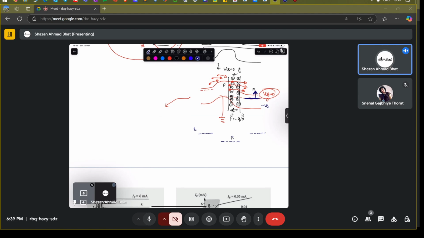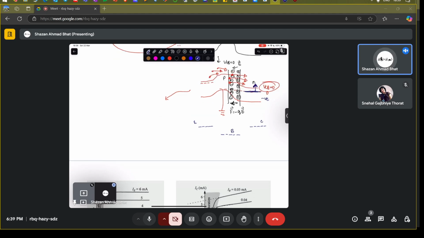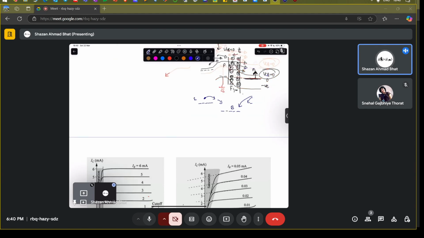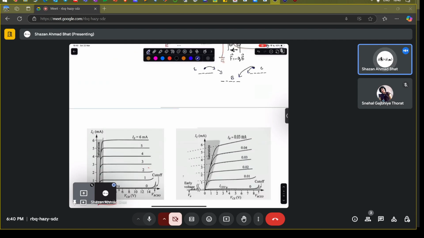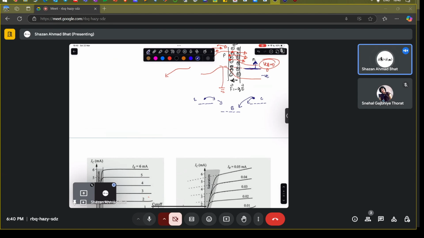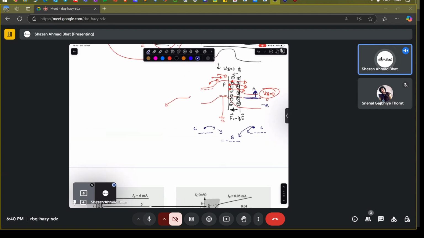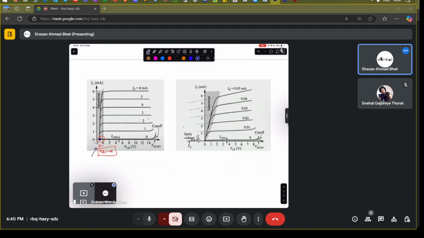Emitter, base, collector. So as a result, what is going to happen? If some electrons come here, they will dip here. Some electrons, let's say, will come here, they will dip here, and there will be no conduction. That is what no conduction means. IC will be zero. There will be no flow of the collector current. You are going to create the distribution of the Fermi levels in such a way that the overall current falls to zero. So that is what it means when we show in this particular plot that